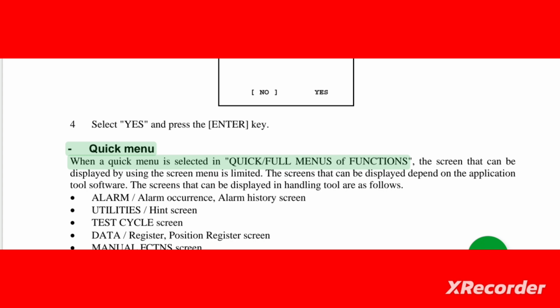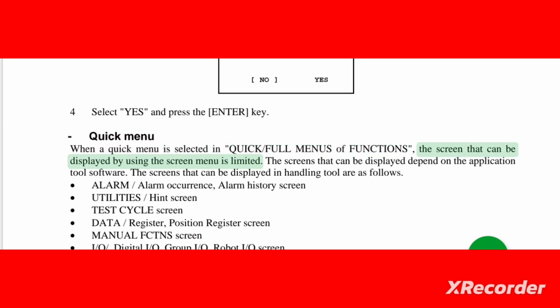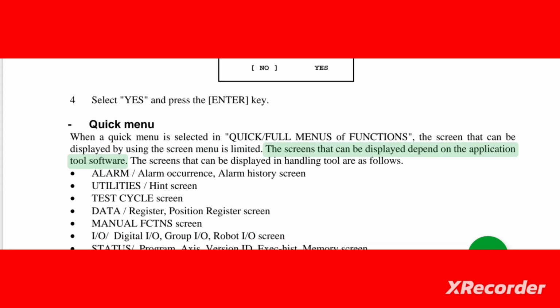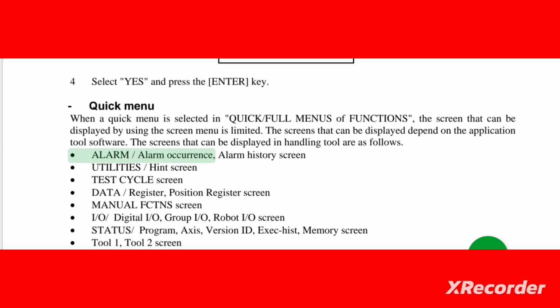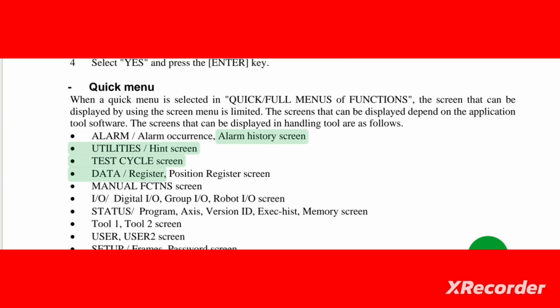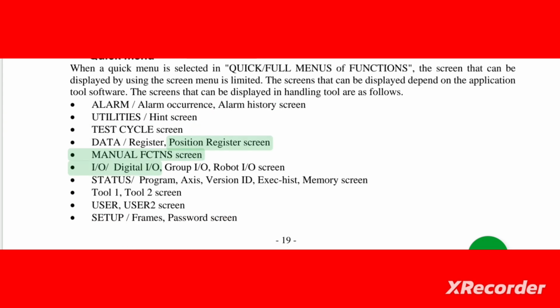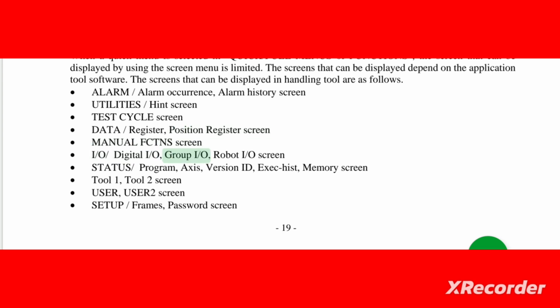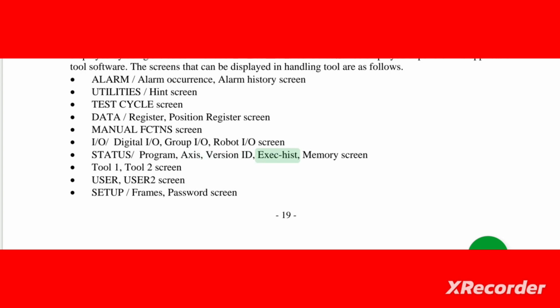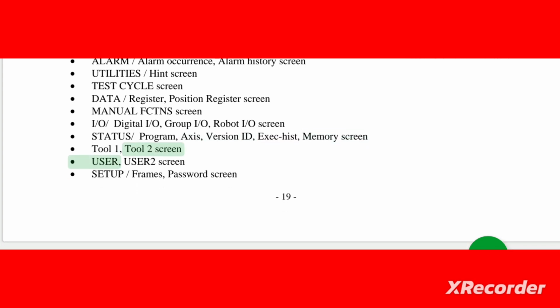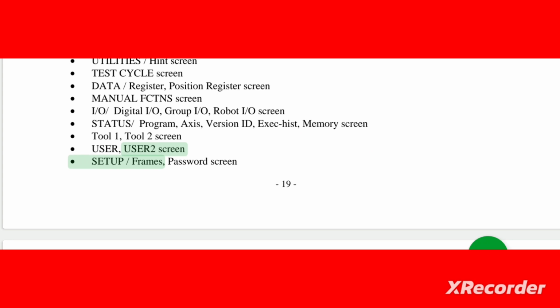Quick menu. When a quick menu is selected in quick/full menus of functions, the screens that can be displayed by using the screen menu are limited. The screens that can be displayed depend on the application tool software. The screens that can be displayed in handling tool are as follows: alarm/alarm occurrence, alarm history screen, utilities/hint screen, test cycle screen, data/register, position register screen, manual, FCTNS screen, I/O/digital I/O, group I/O, robot I/O screen, status/program, axis, version ID, exec hist, memory screen, tool 1, tool 2 screen, user 2 screen, setup/frames,